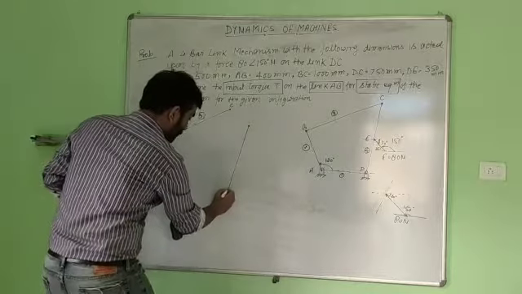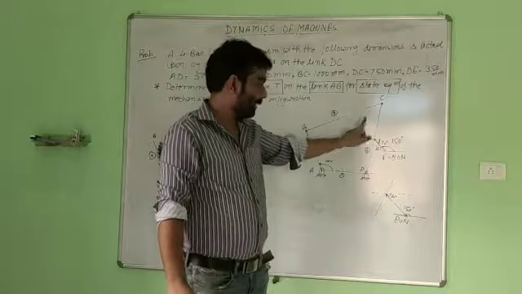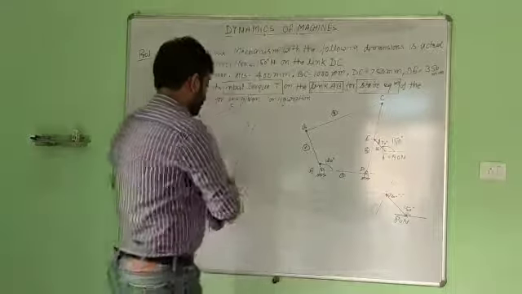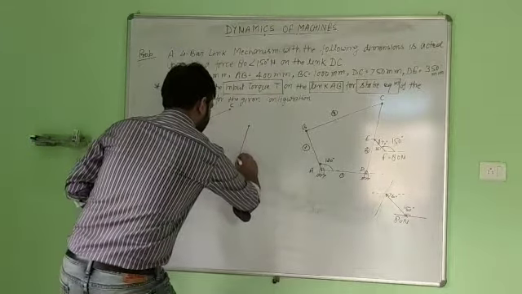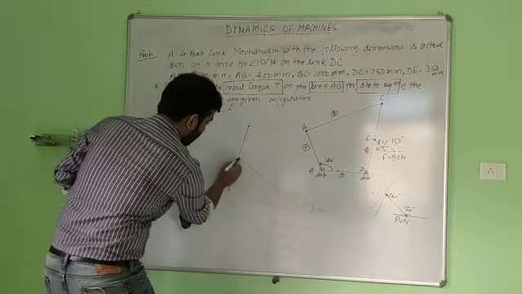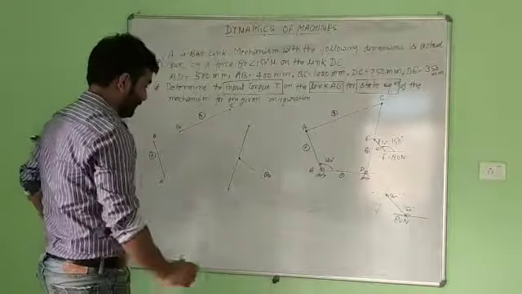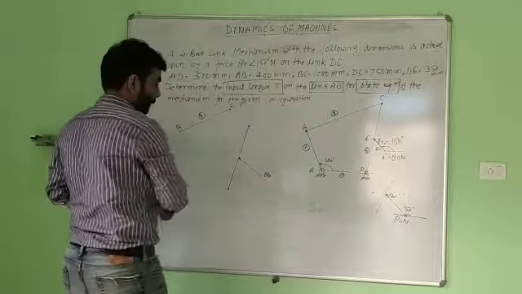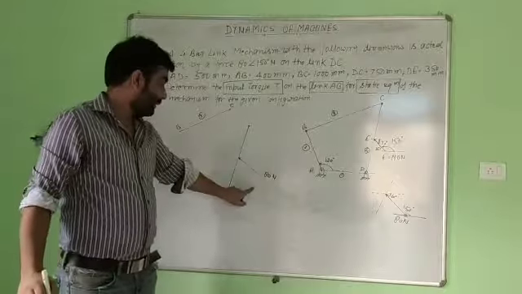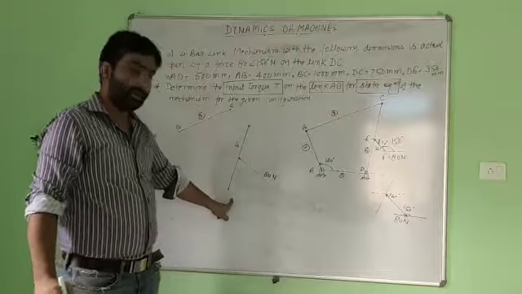In link number 4, we have a member subjected to three forces. One force will come from here, one external force is given, and one force will come from here. So we have one force like that, 80 Newton. Draw this 80 Newton by scaling, and we will have one force here, one force here. So we will start our question from the free body diagram of link number 4.